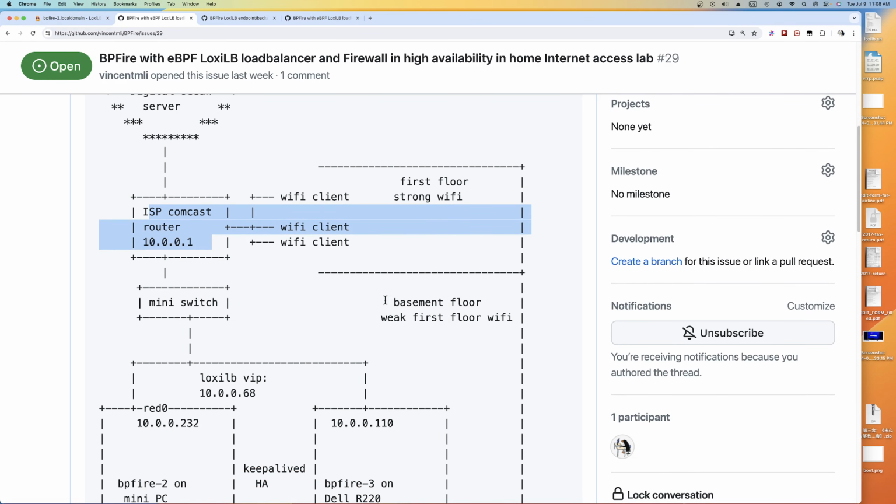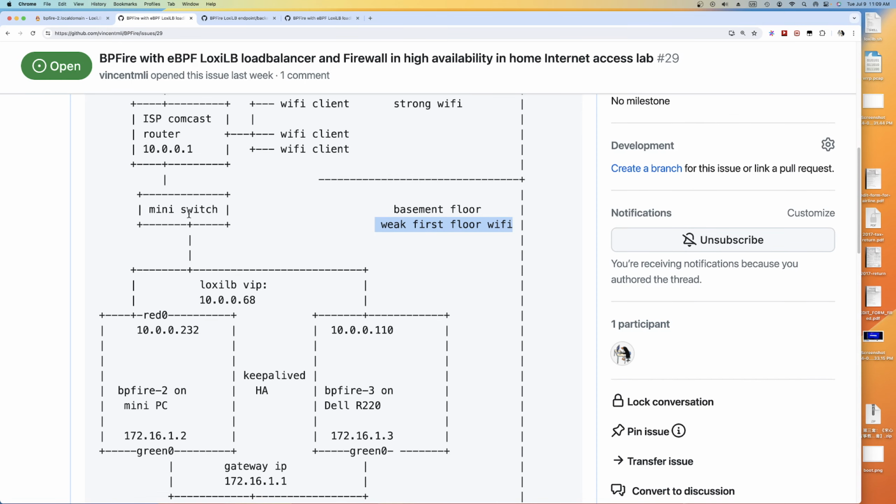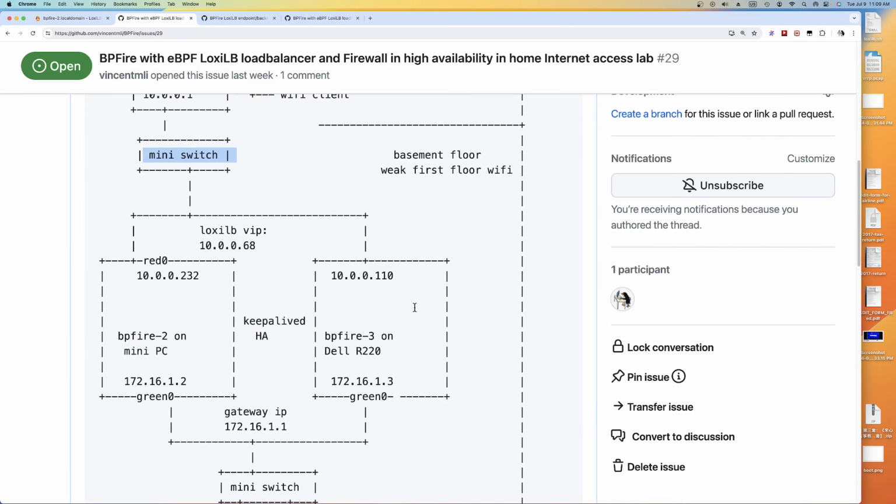But in the basement floor, the second floor, the Wi-Fi is very weak. For example, if I use my iPhone, I don't have a Wi-Fi signal at my basement. So here is the solution. I have a mini switch, with an Ethernet cable connected from the Comcast router to my basement floor,